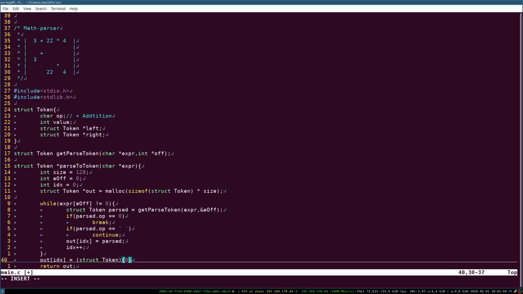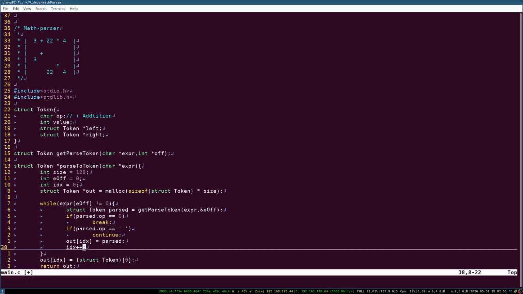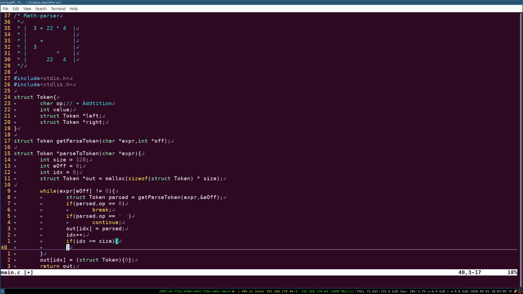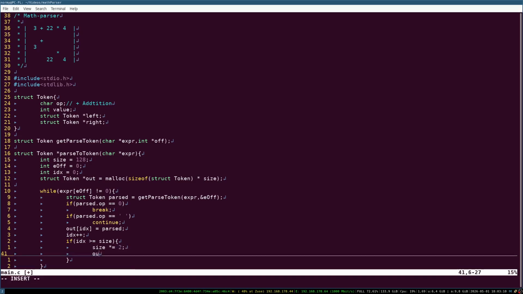Set that to nothing. And then, since our size could run out, we need to check if index is bigger or equal to size, and then double the size of our array and reallocate the out object with size of token times size, so that we have enough